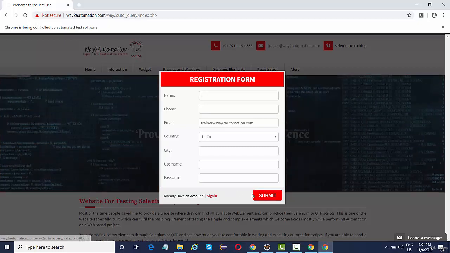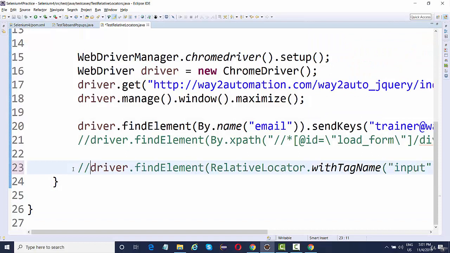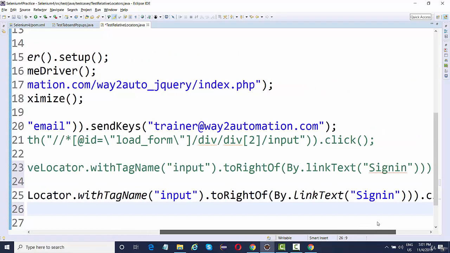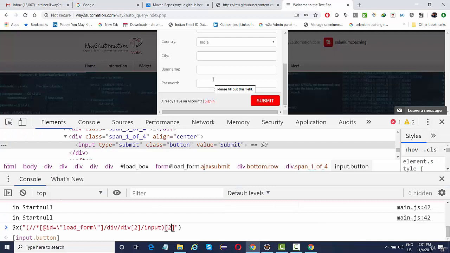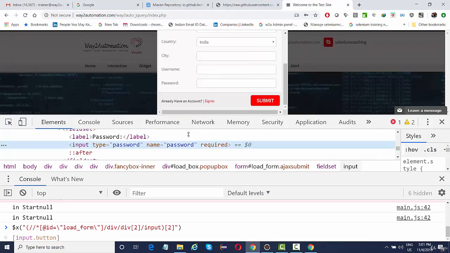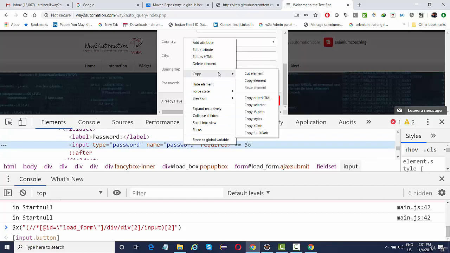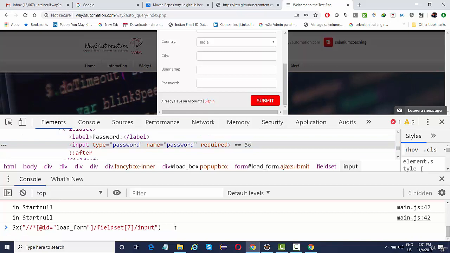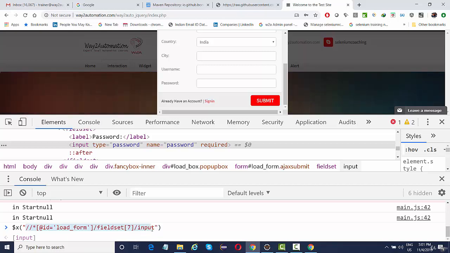So what I used is to right of. I can even use below this particular element, right? So in order to do that, if I comment this out, I'll just copy this and say with tag name input, and this should be below this password element. So I'm going to inspect, let's say I'm going to take the XPath of this password element. First, let's see if the XPath is unique or not. Yeah, it's a unique XPath. So I'm going to copy this,